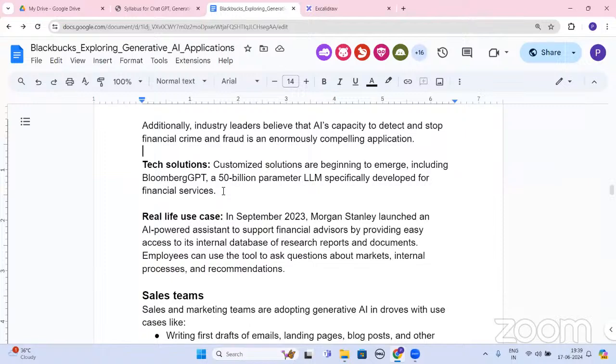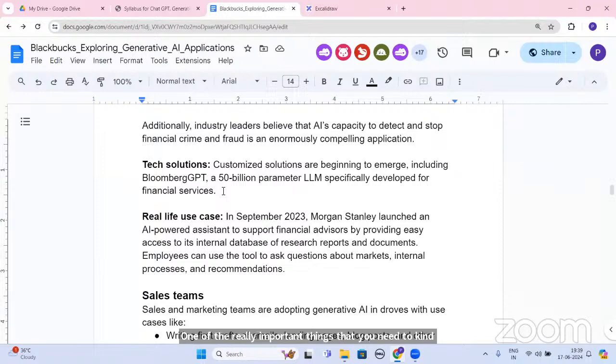Now, one of the really important things that you need to take into consideration revolves around how we will try to take advantage of these sections. So now after this particular portion is completed,